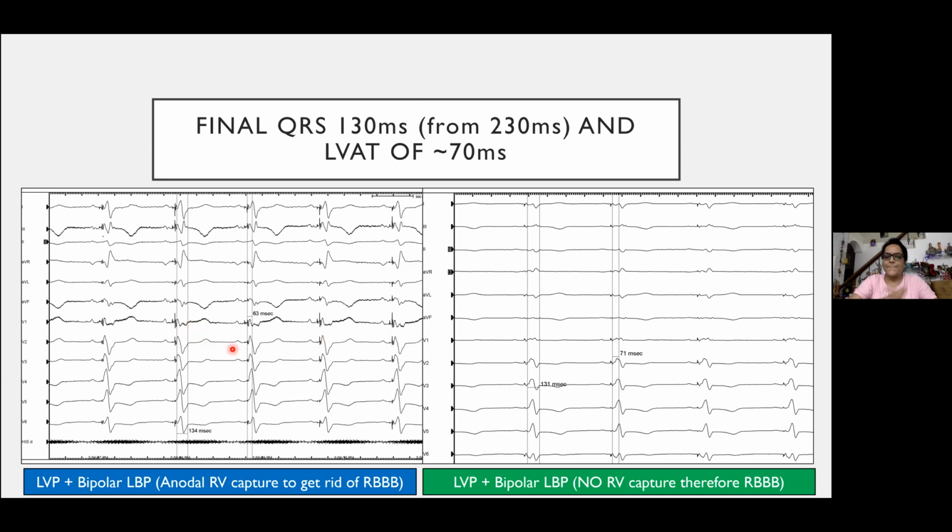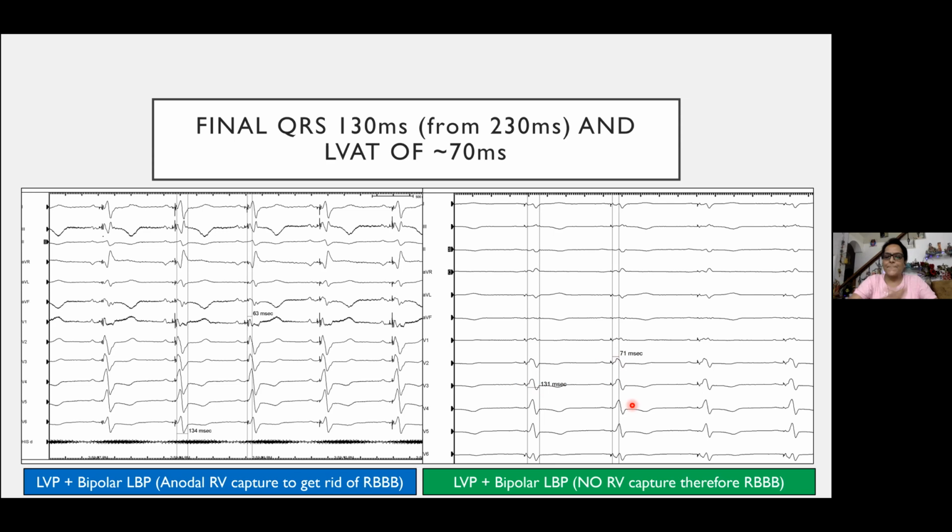It's 130 millisecond. On the other hand, if you don't do high output pacing to have an anodal capture and a septal capture, and you do only selective left bundle capture and then fuse it with the CRT lead, you get a QRS which is 131 and you get a right bundle pattern in V1. Now, this is a traditional response which we normally look for in our CRT patients. So this is how we can optimize a CRT in a patient when your left bundle pacing is not giving you an optimum result.